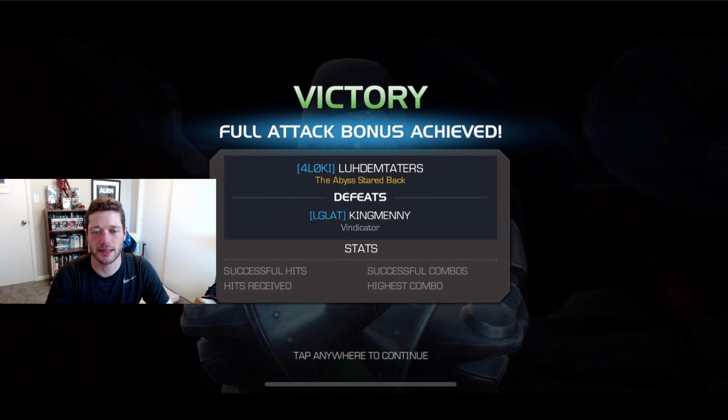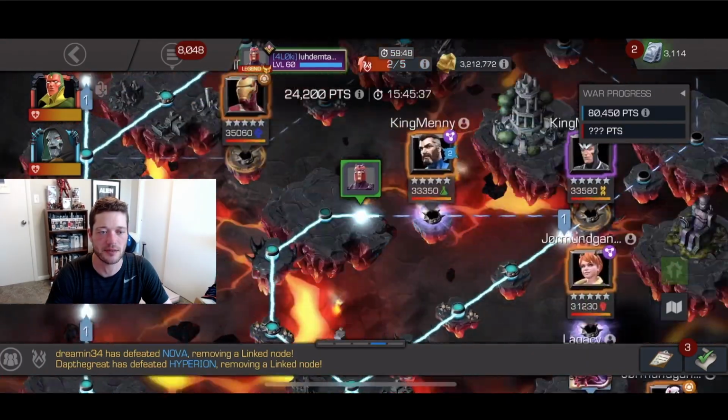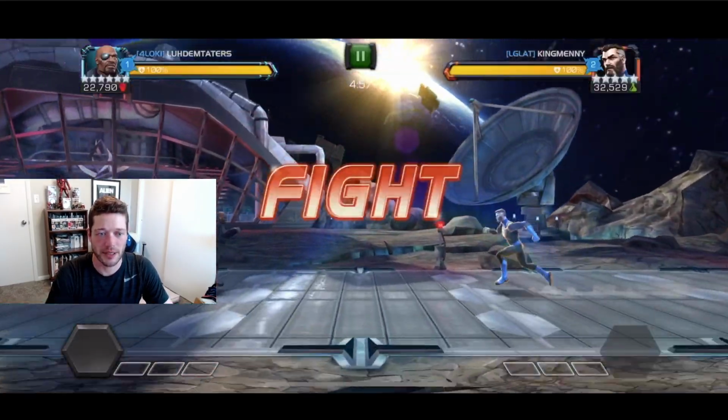So very easy fight there. And again, Dr. Doom is great if you see Surfer on that node because he's immune to the armor breaks. Alright, so here